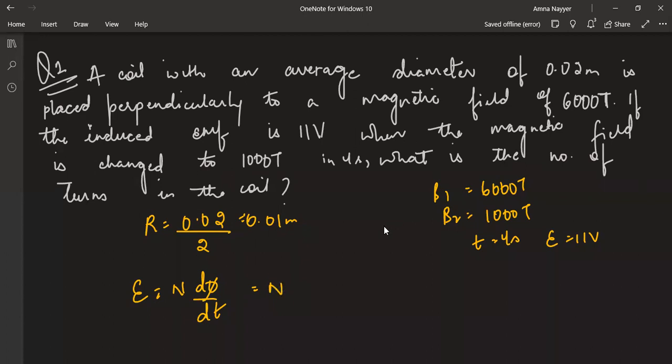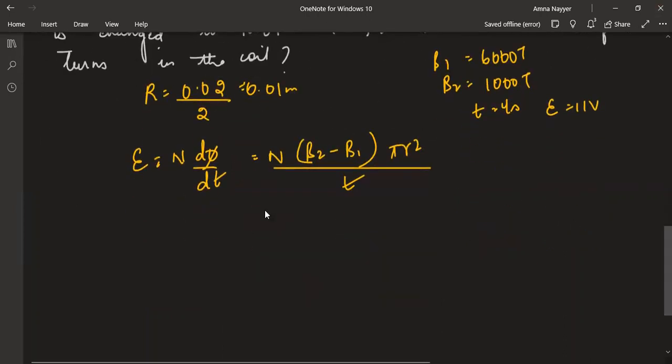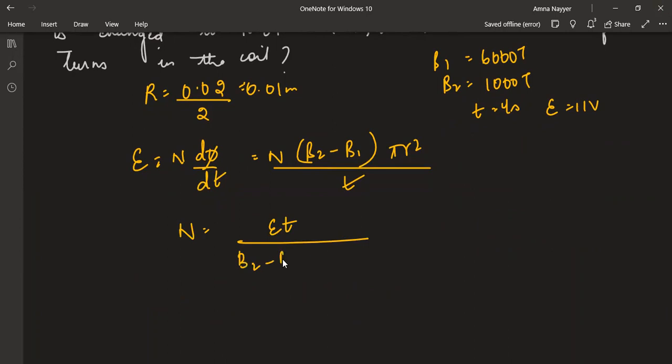Number of turns. Flux is change in magnetic field into area. So B2 minus B1, area is pi r square divided by time period. So from here you will write the value of n. N will be ET divided by B2 minus B1 into pi r square. So n will be,